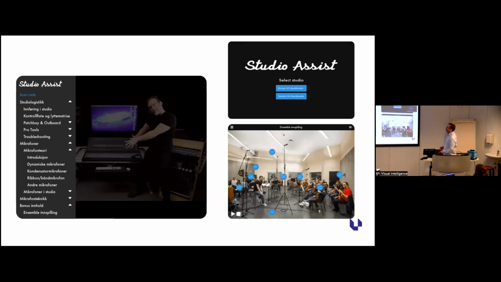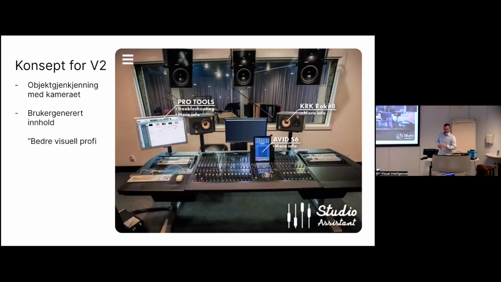And we figured out this, which is Studio Assist, which is basically a lot of videos of me explaining how to use the studio. And it's an app. So basically, Ismet said, "Oh, let's skip the whole ebook thing. Let's do an app." We did an app. The app worked really well, but we saw a huge potential to do something better. So we did a version 2